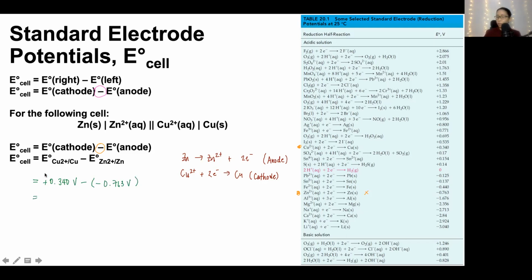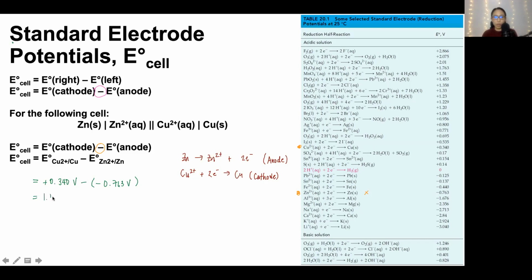So the answer here is, so that's 0.340 plus 0.763, and we get 1.103